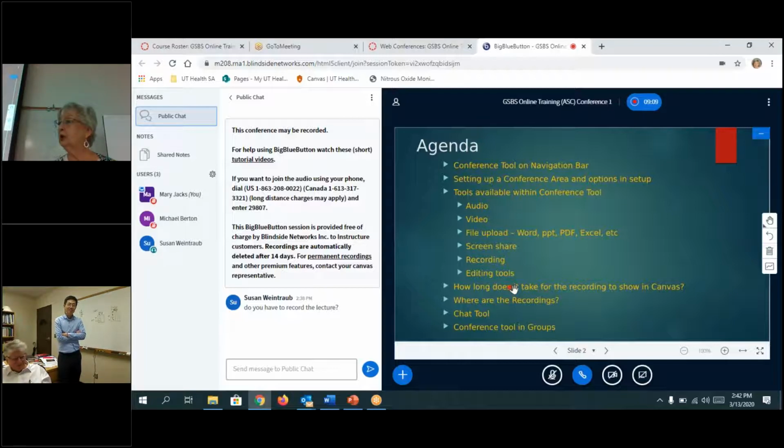How do the students ask a question? Great thing to ask. There is a place where they can raise their hand right here. So the students have this little hand. They raise that hand and then they can write in. I don't see that online. Can they just use the public chat? They can use the public chat. Yes. On the left hand side, it's right here. The public chat is right here.